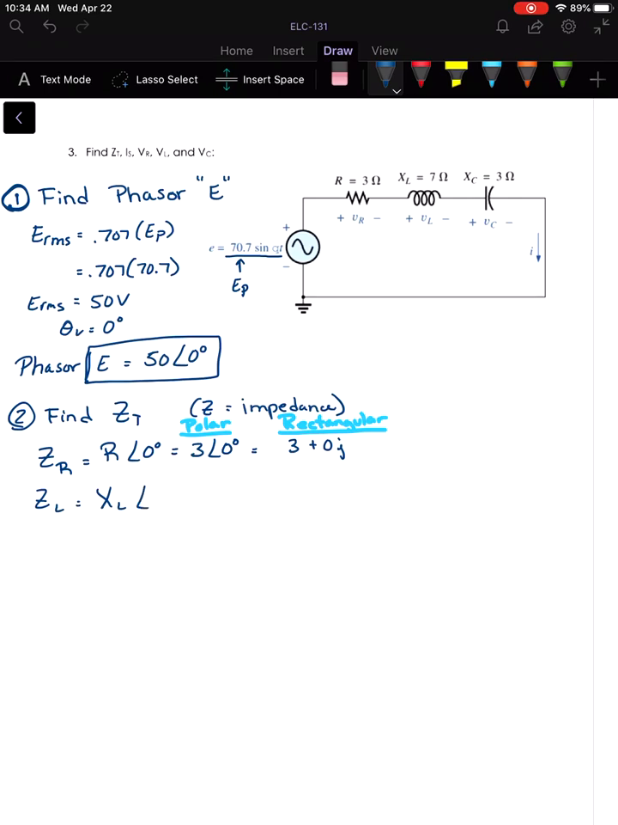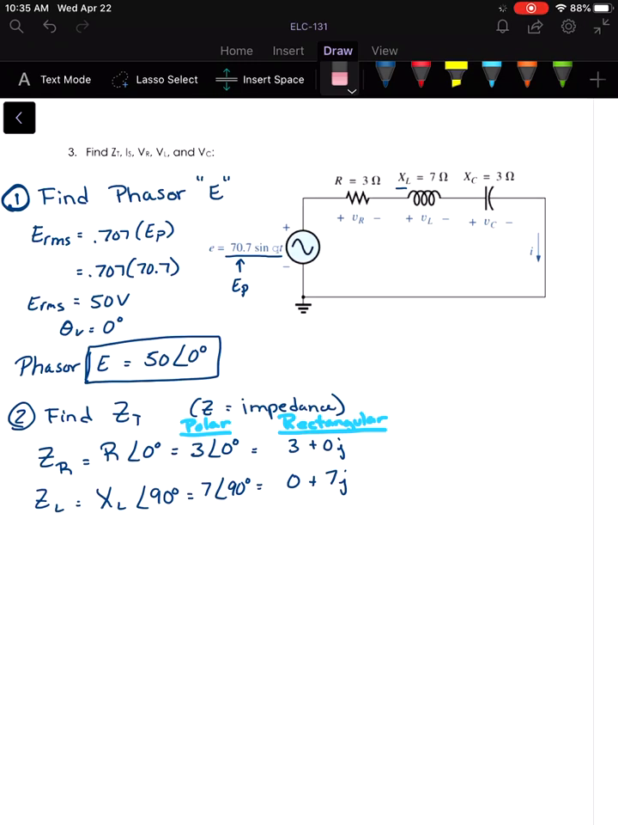In rectangular form, if we convert 3 at 0 degrees, we would get 3 plus 0j. The impedance of our inductor is always the reactance of the inductor at 90 degrees. If our units were henries, we would have to calculate the reactance first. However, in this case, we're given the reactance. We know that two ways: one, they've labeled it X, which we know is reactance, and the other is that the units are ohms. That's what we need here. So we would have 7 at an angle of 90 degrees, or in rectangular form,